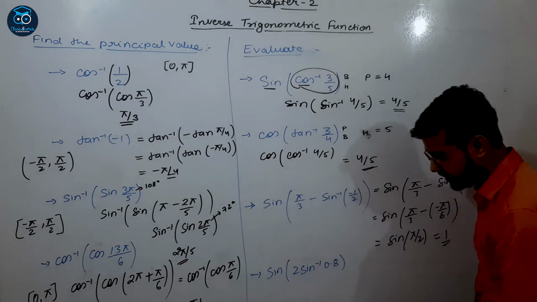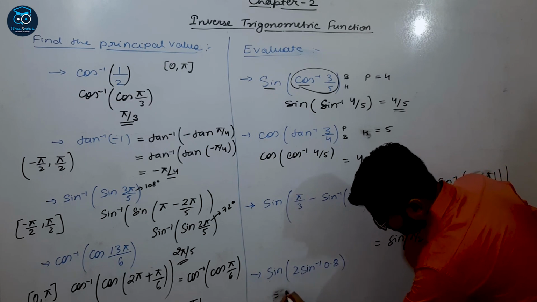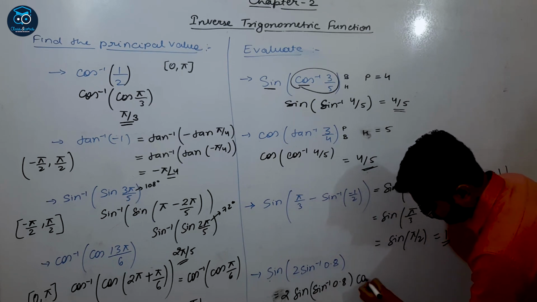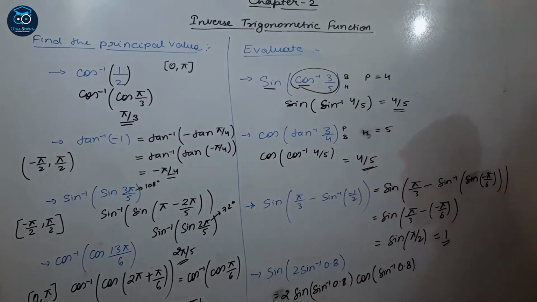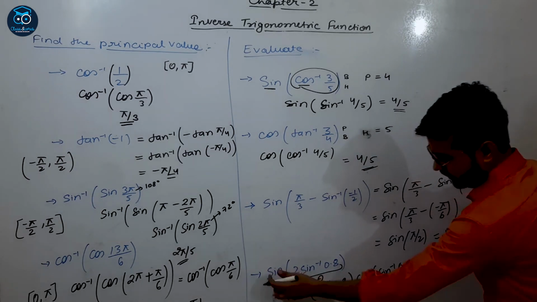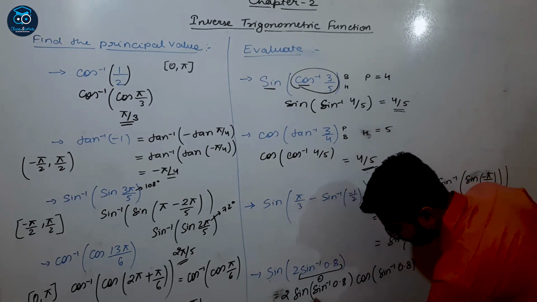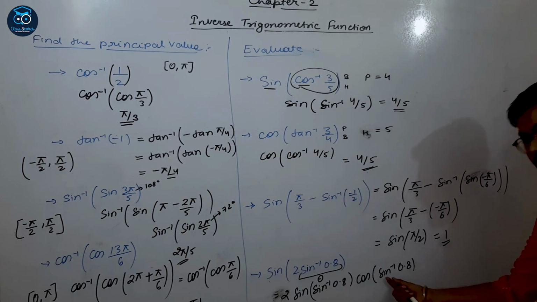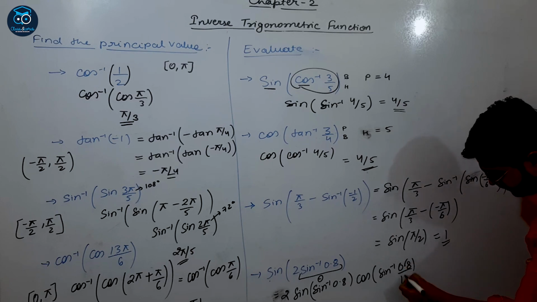And in the last question, we know very well the value of sine 2 theta. It is 2 sine theta into cos theta. Here sine inverse 0.8 is taken as theta. Then sine 2 theta is 2 sine theta and cos theta. If we simplify, then sine inverse cancels out this term, so it will become 0.8 into cos of sine inverse 0.8. Here it is cos, it is sine. First, we need to convert this to a sine function. Sine function means here it is perpendicular, it is hypotenuse,